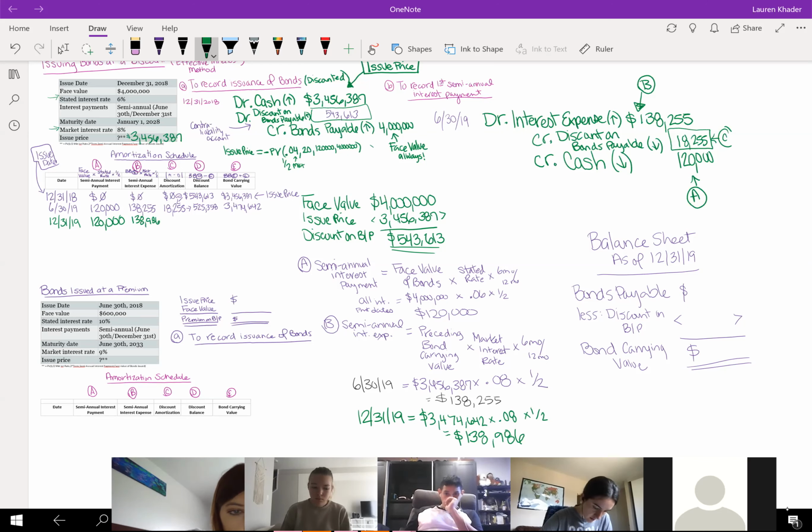So what happens to my discount amortization? It's going to be slightly higher. The difference between 120 and 138,986 is 18,986, which is going to reduce our discount